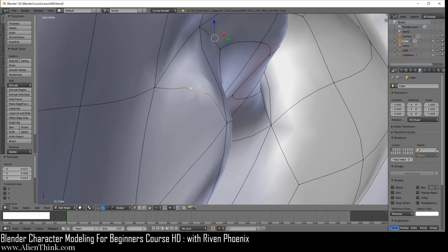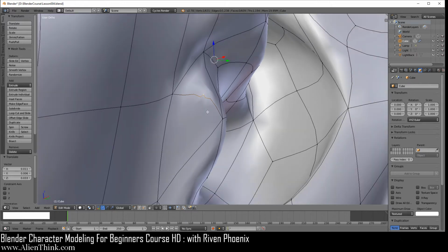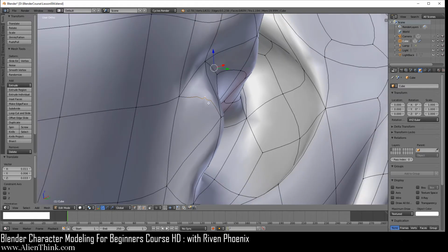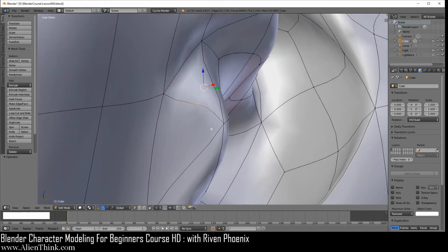It's like it's saying that there's going to be some kind of an overlap because it can't figure out how to position this correctly. Okay, so now I'm just going to undo those movements. You can reload the file again and just come back to this over here. Okay, so now I've undone everything. So now let's take a look at what exactly is going to happen if we remove this vertex.